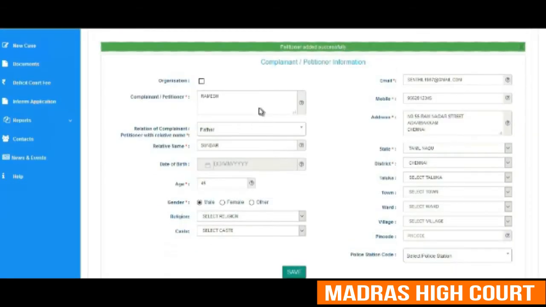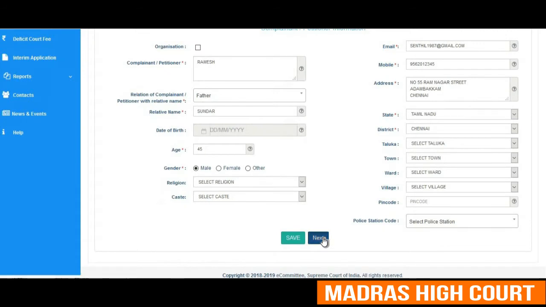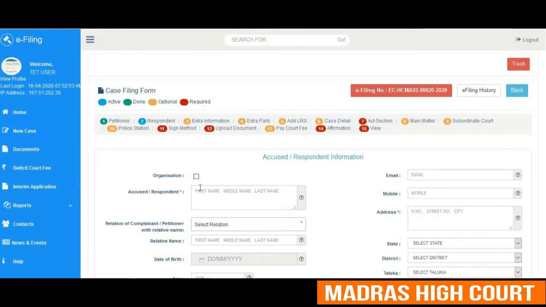The next tab is the accused or respondent information. A user has to type in the details of the accused or respondent, which has to be filled in the text box which is shown now. One can see that the details of the accused or respondent are being typed.